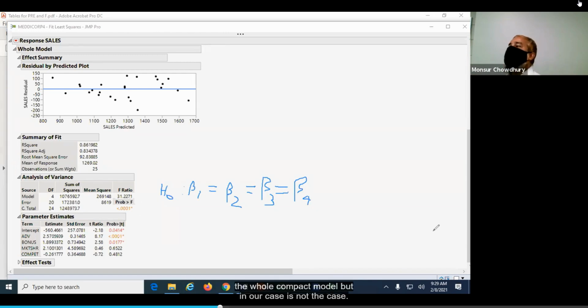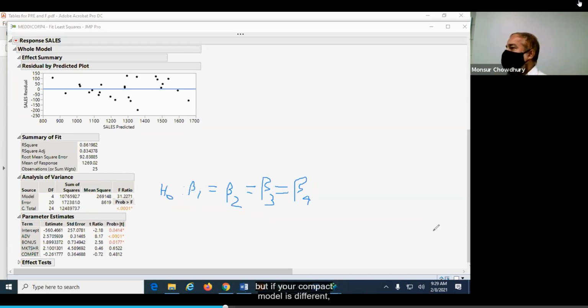But in our case, it's not like that. Our compact model already includes 3 parameters. So that's why you cannot use this. But that's a very important thing, thank you for asking. Now, if you are just comparing the simple model with the augmented model, then you can get PRE directly from the JMP output, as well as the F test statistic.